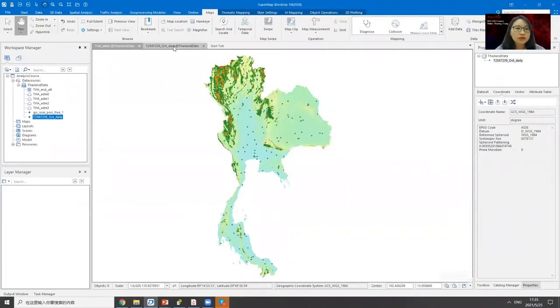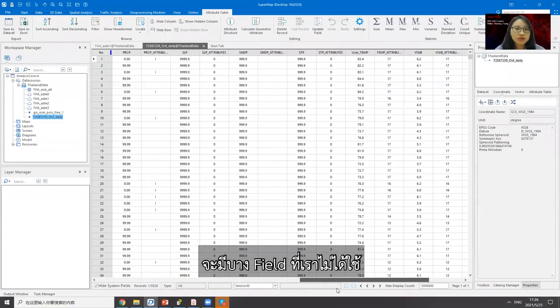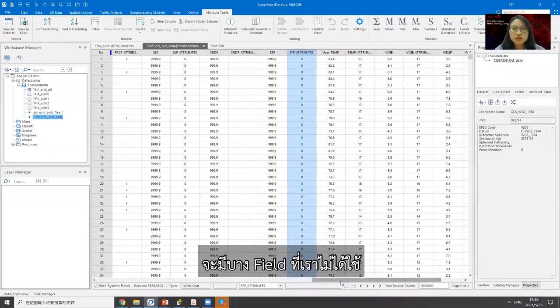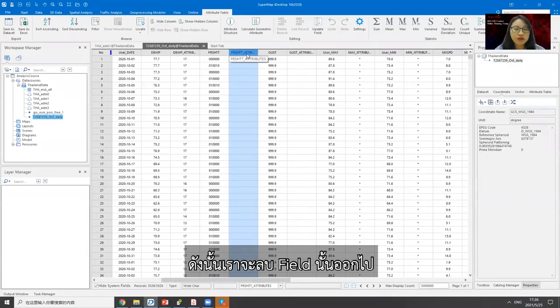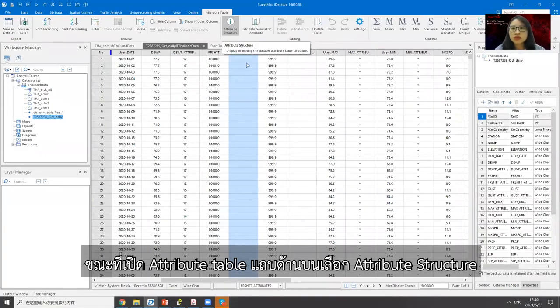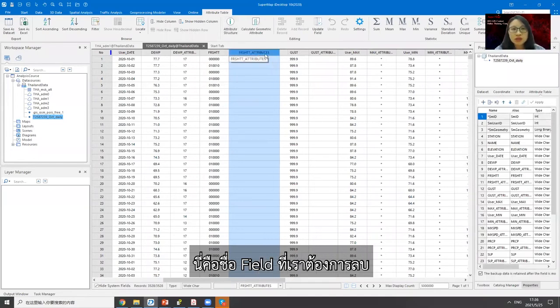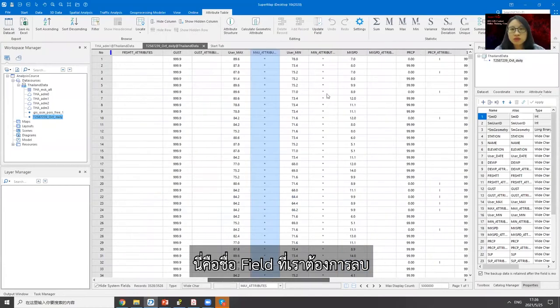And then open the station data. Here we can find that there are some attributes, there are some fields. Some fields' values are unique, so here we can just delete these unique fields. While you open the attribute table, here you can find the attribute structure. And here we found this field name. These are all attributes of the